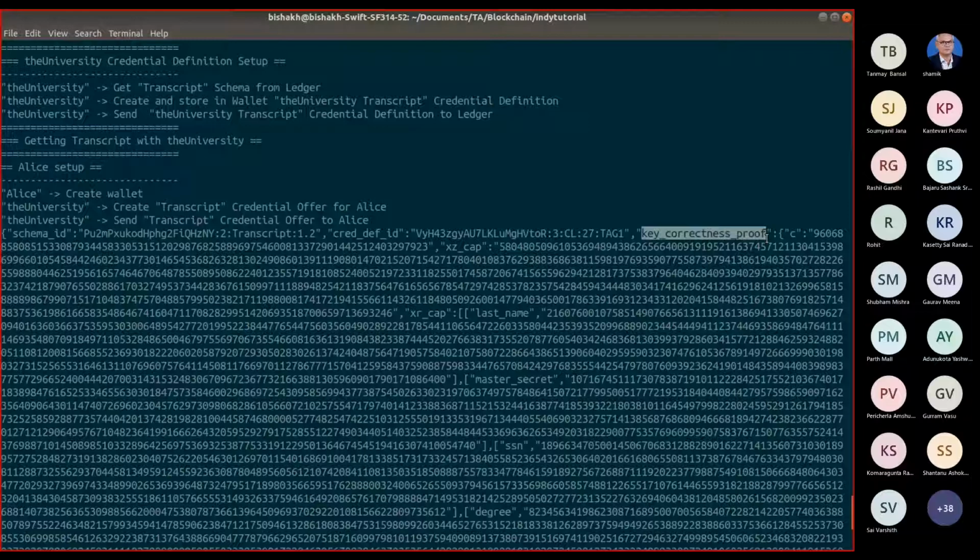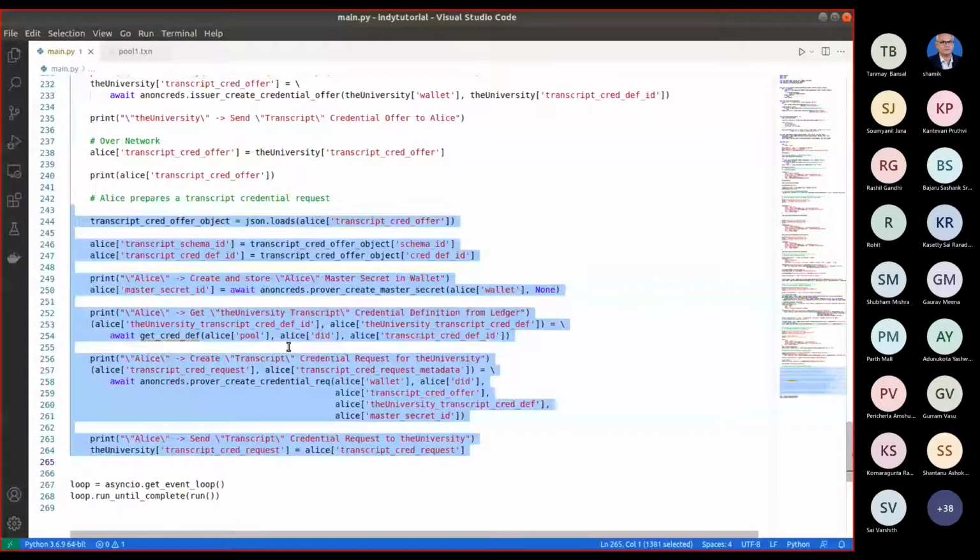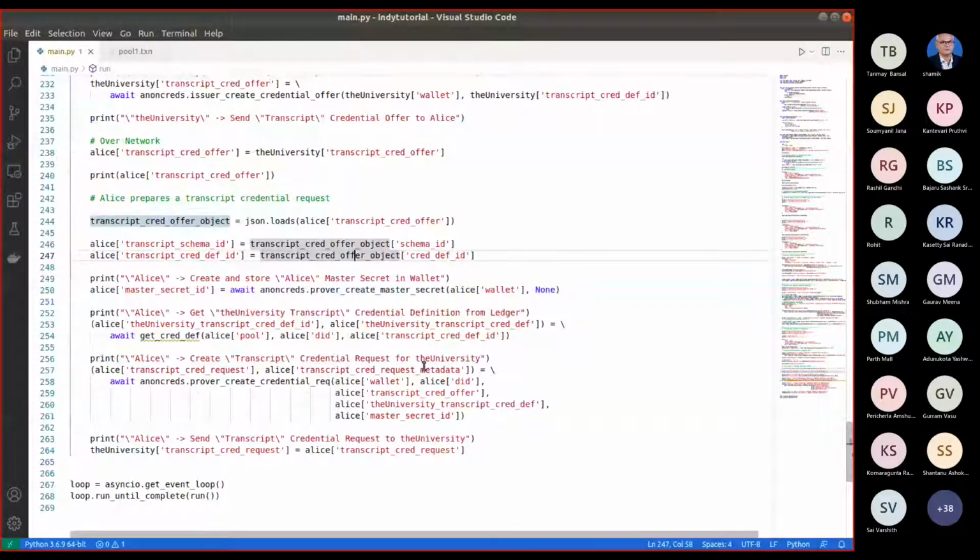So the credential definition ID and schema are passed in the offer. Now Alice will use this offer to generate a request. How? The offer has the schema and the credential definition. Alice creates and stores a master secret in her own wallet.